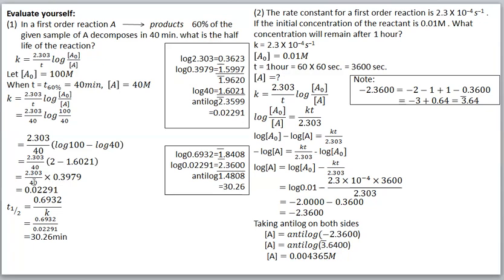Then for these numbers, we can simplify by taking logarithm. So first we take logarithm for 2.303, log 2.303. It is 0.3623. Okay. Then log 0.3979. Starting at the decimal point, in between the decimal point and the first digit there is no 0. So we can put -1, bar 1. -1 means bar 1.